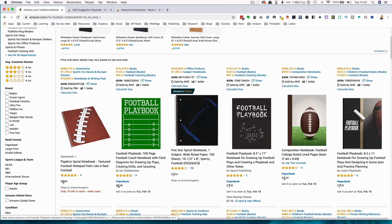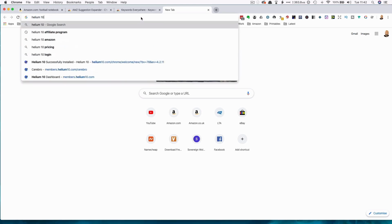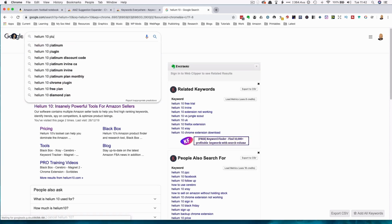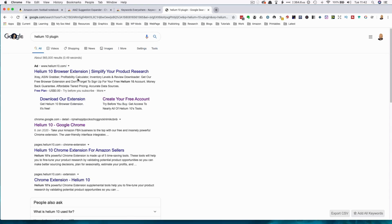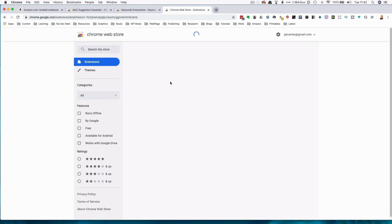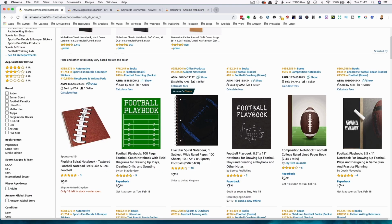Now, before I go on, I also download another plugin to Chrome, and that's the Helium 10 plugin. So if you go to the Helium 10 website, or just search for Helium 10 plugin, you'll come up with the Helium 10 browser extension. Now, the reason why this is good is that above each item you see these figures here, and this tells